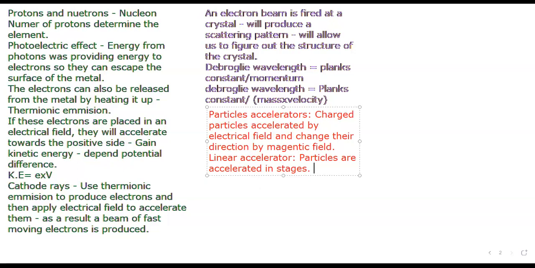So on one side, I have 0 volts and on the other side, I have 5,000 volts, right? That's how we create a potential difference. One side will be 0, one side will be 5,000. So the particle, as it goes from 0 to 5,000, it will accelerate. Now, when I take it to the next stage, it will already have a certain kinetic energy. I have applied the same potential difference, 5,000,